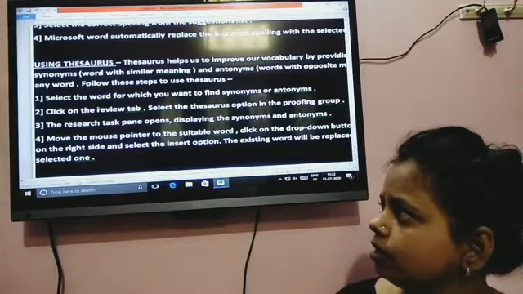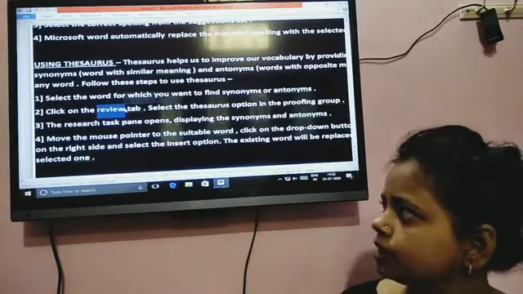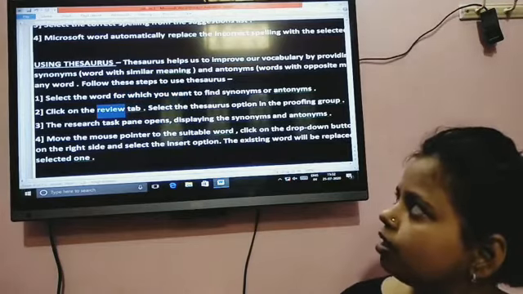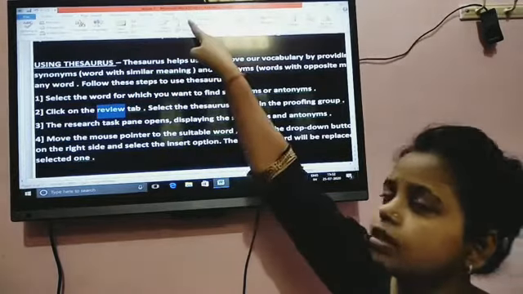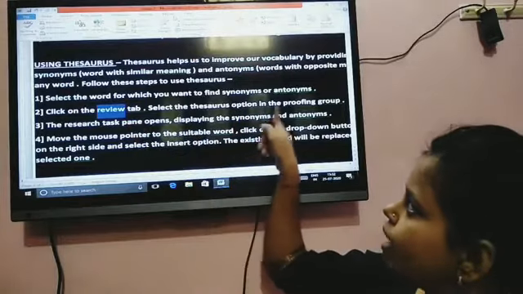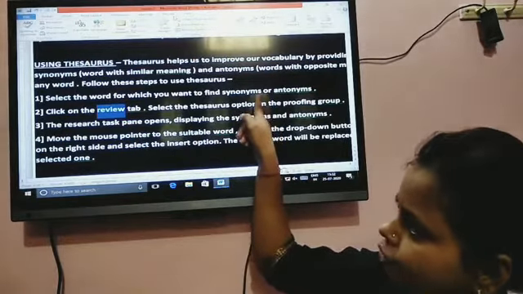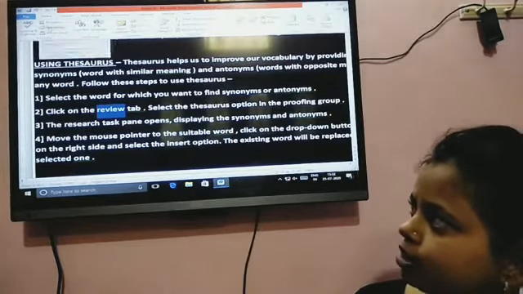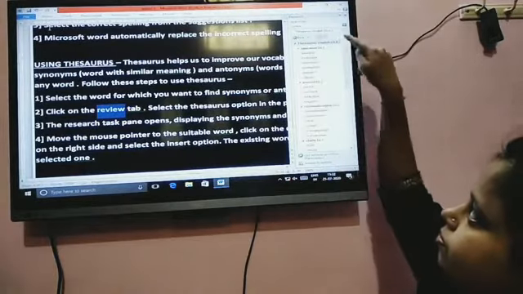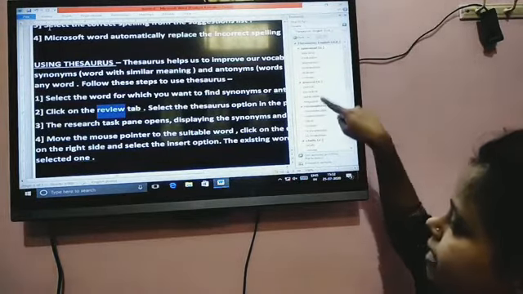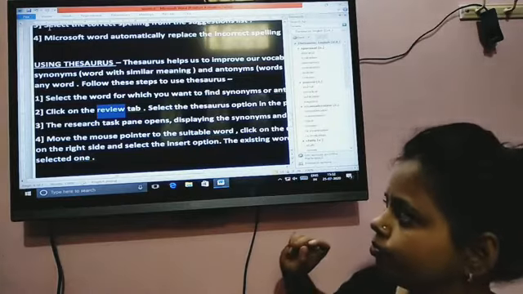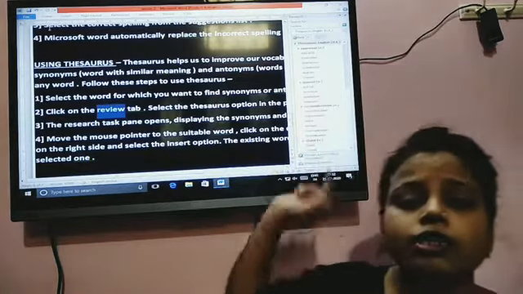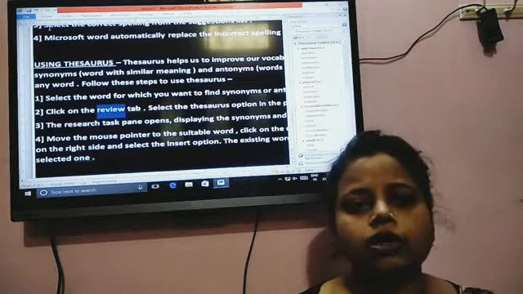We will go to the Review tab. Click on the Review tab and select the Thesaurus option. See, here is the option name. It shows different suggestions for the word review. Afterwards, whichever word you want from these, you can click using your mouse.